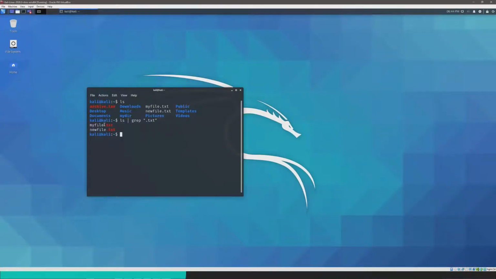When I press enter, it shows in red. It shows the exact match, but it also includes the whole line. So here, this is exactly the kind of output that we were expecting. I just wanted to see the txt files in the output of the ls command. So clear that.